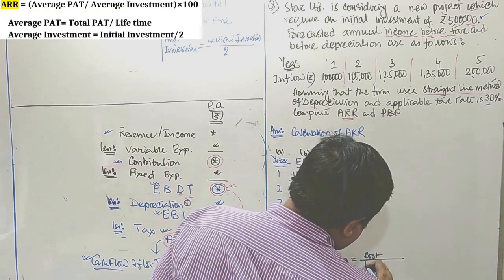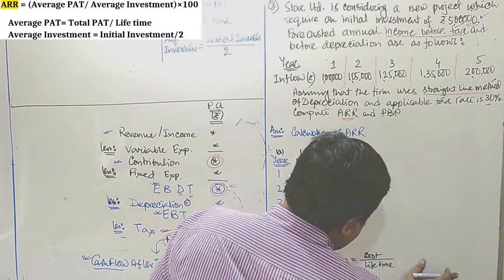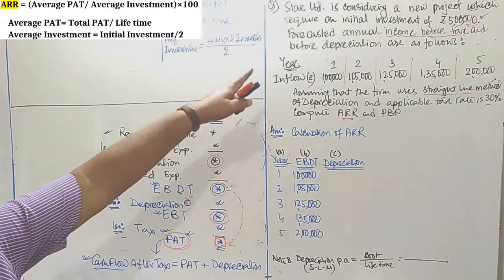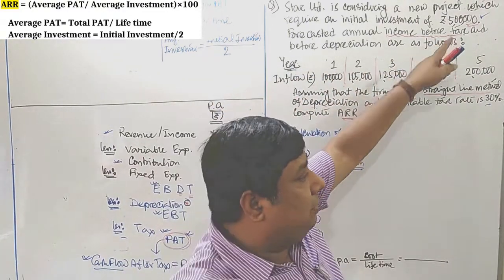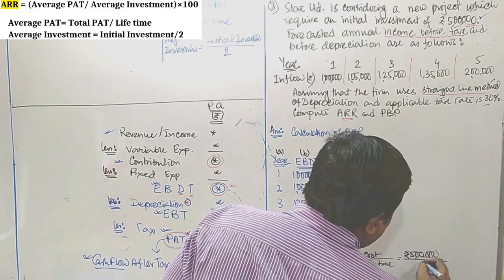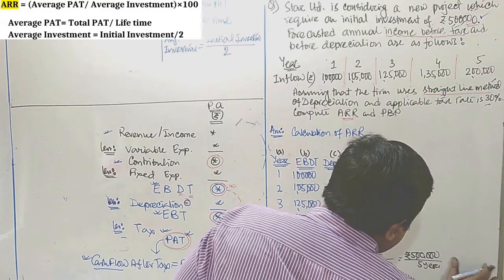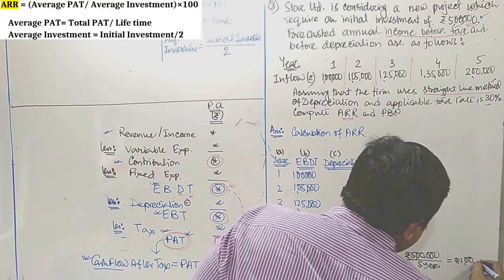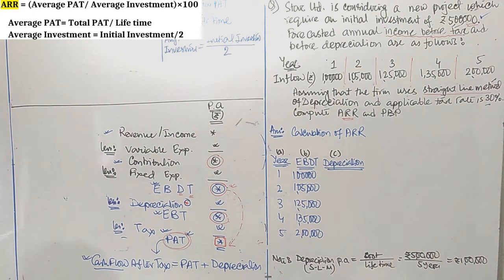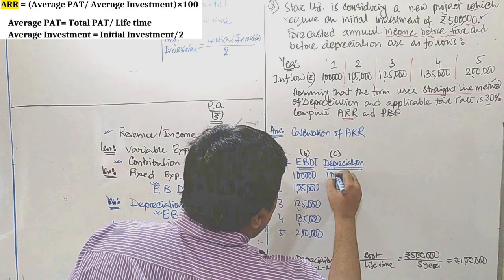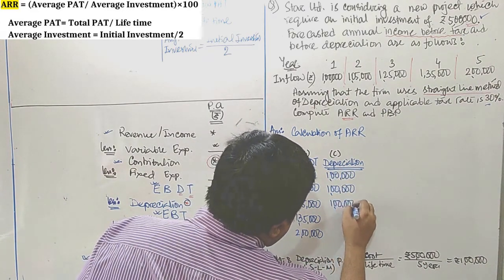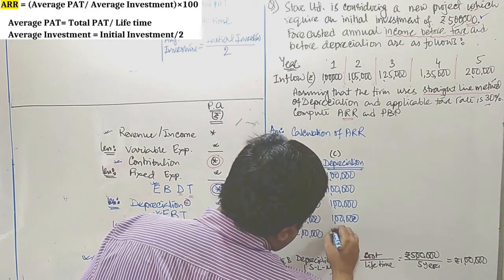cost divided by lifetime. What is the cost of the investment? What initial cost do we follow for the particular project? The cost is mentioned here. It is rupees 5 lakhs. That divided by lifetime. Lifetime is 5 years. Then you are getting here rupees 1 lakh. Then our annual depreciation is rupees 1 lakh. Now you can plot here every year there is a depreciation charge, and the depreciation charge is how much? The depreciation charge is 1 lakh rupees every year, 1 lakh each and every year.